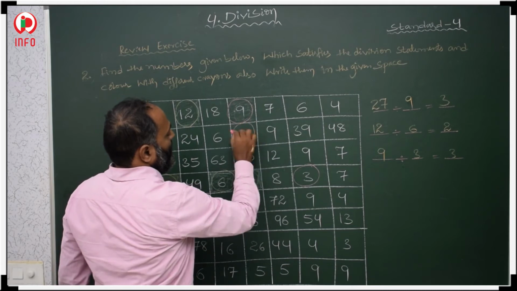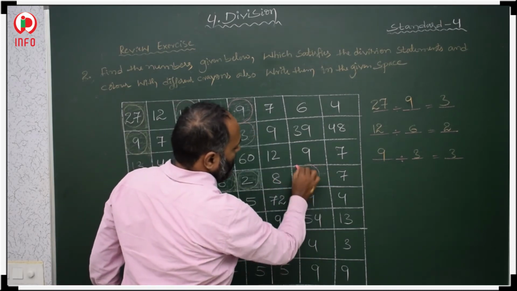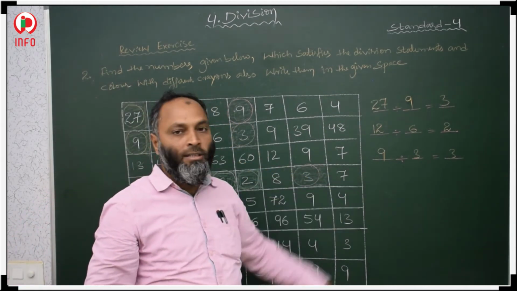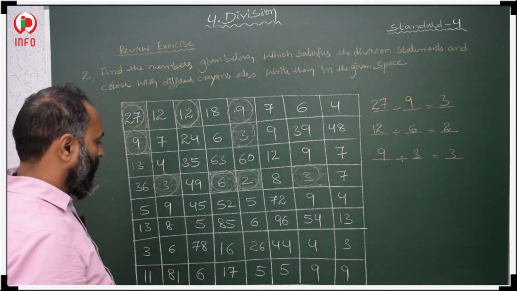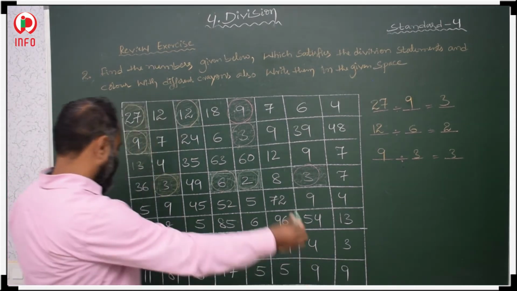9 divided by 3 is equal to 3. The third statement. The fourth statement. So prepare your fourth statement. Here